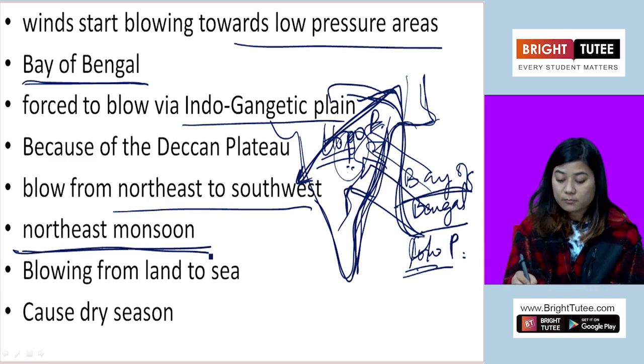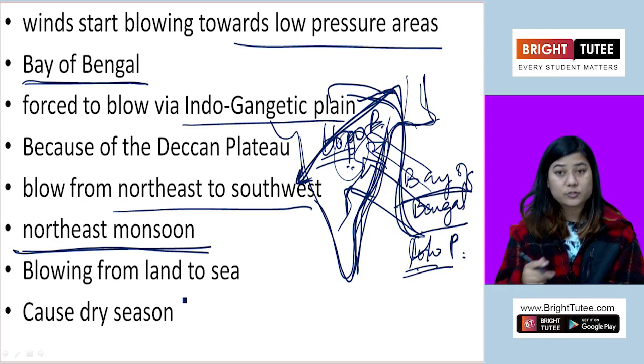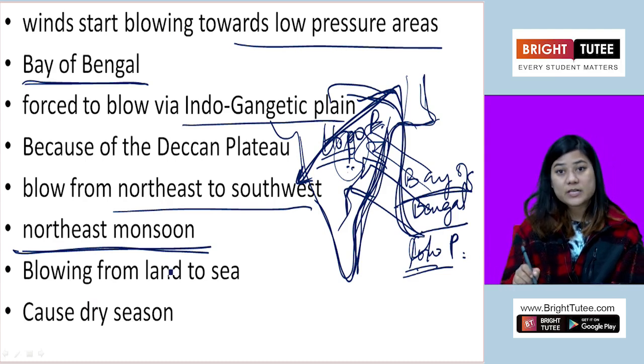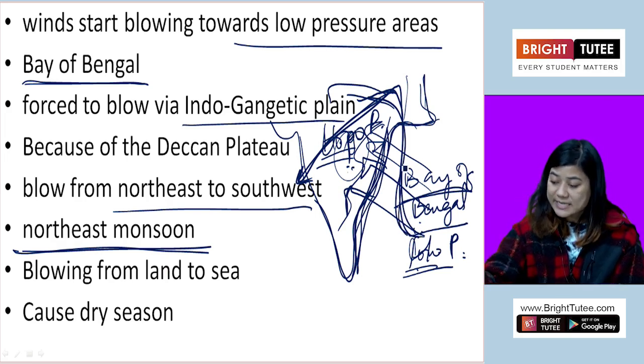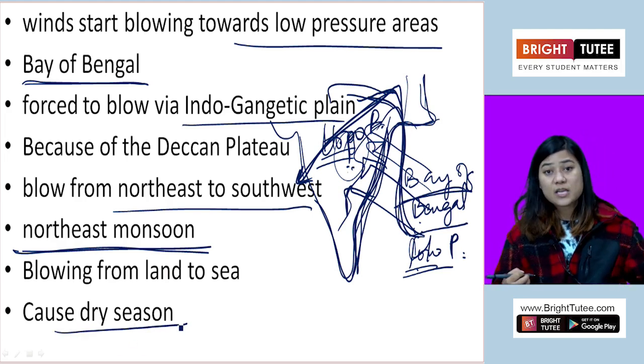And the northeast monsoon brings rain to that part of the area, which we'll learn about soon, okay. So this monsoon wind, the northeast monsoon wind, which is blowing from the Bay of Bengal, from the sea to the land, it causes the season to be dry,